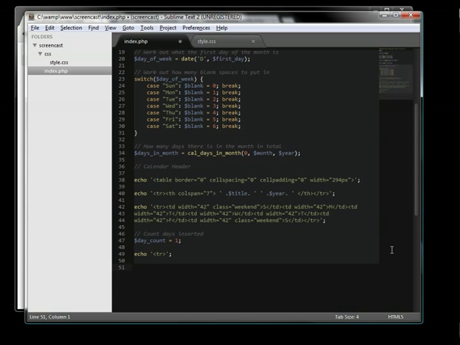Now, we need to get rid of the days at the beginning that we don't need. So, we're going to use a while loop. So while string blank is greater than 0, okay,